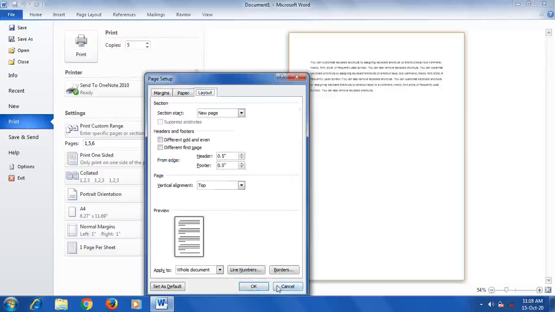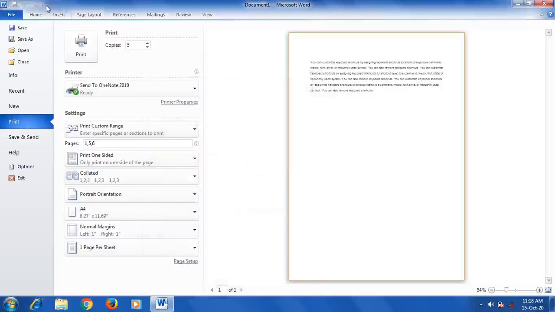You will get the printout. In this way you can take the printout. It is a simple way: just click on File and the Print option, set the desired settings, and press the Enter key. Automatically you will get the printout. I hope you have understood these two points: one is saving a document and the other is printing a document.